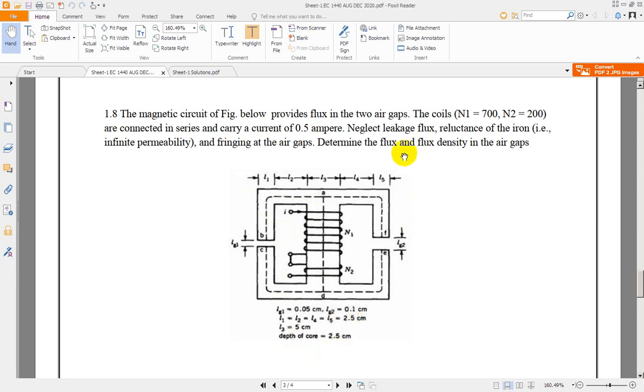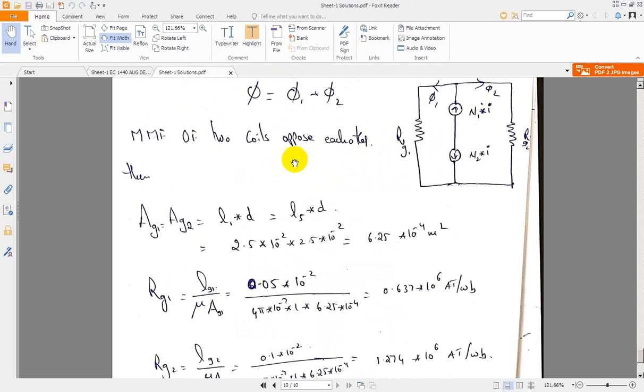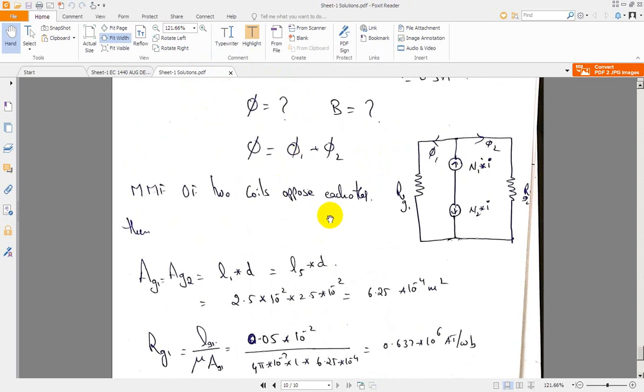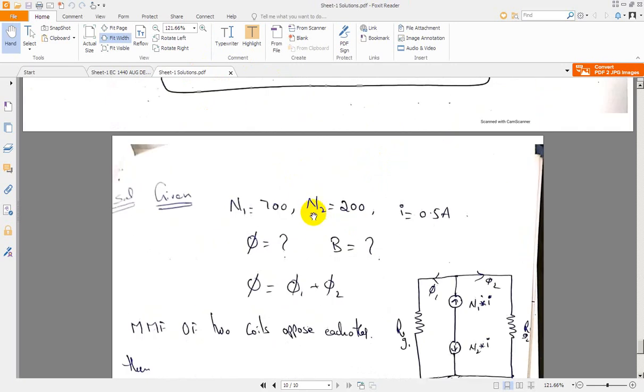What do we need to calculate? Flux and flux densities. We will evaluate the flux, and flux density will be homework for you. Just calculate and let me know the values. Let us calculate the flux for this problem. To calculate the flux, if you draw the circuit with the given data,